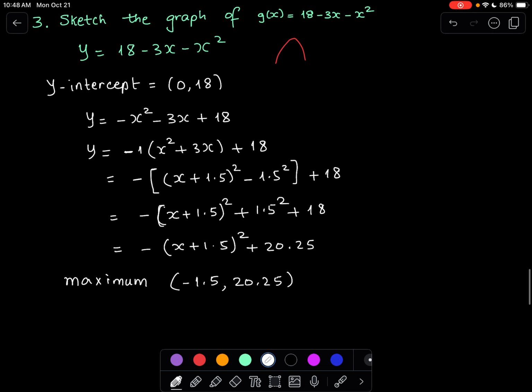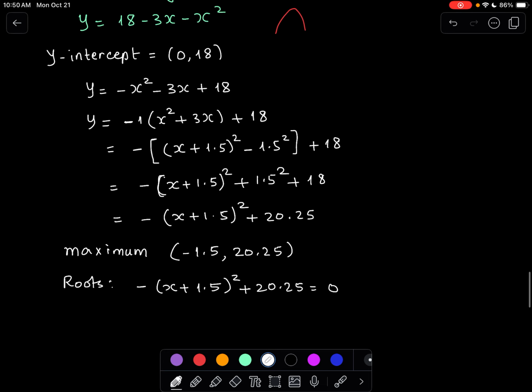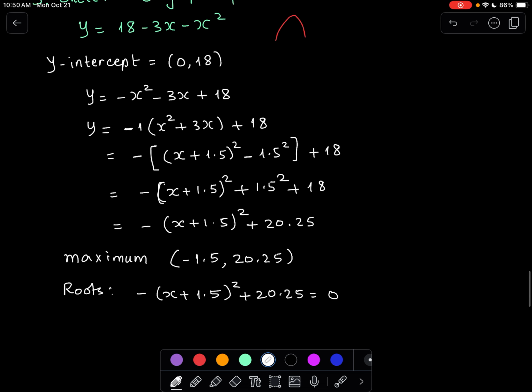In case we are required to show what the roots are, we can set y equal to 0. I'm not going to go and factorize. I'm going to continue from here. So this is also one of the ways that you can do it. It's all up to you. If you want to factorize, if the factors exist, then you can factorize, or you may set this equal to 0 and then calculate the roots. Since I factorized in the first question,